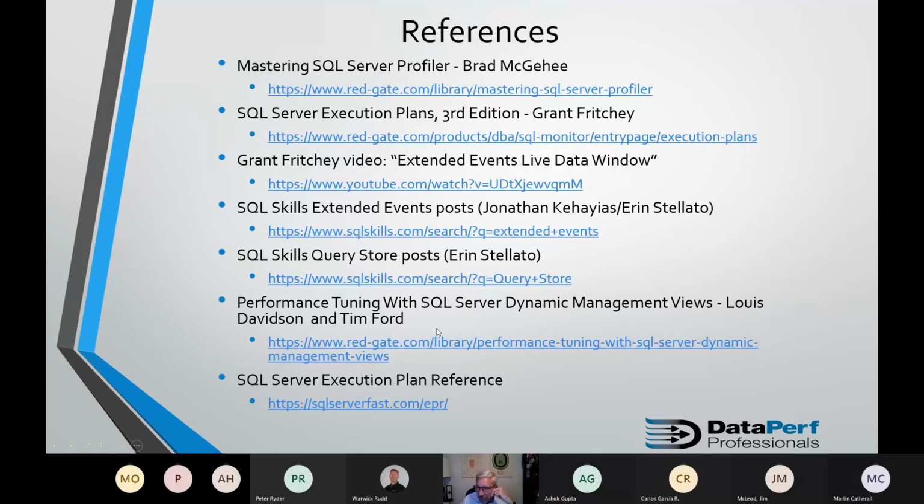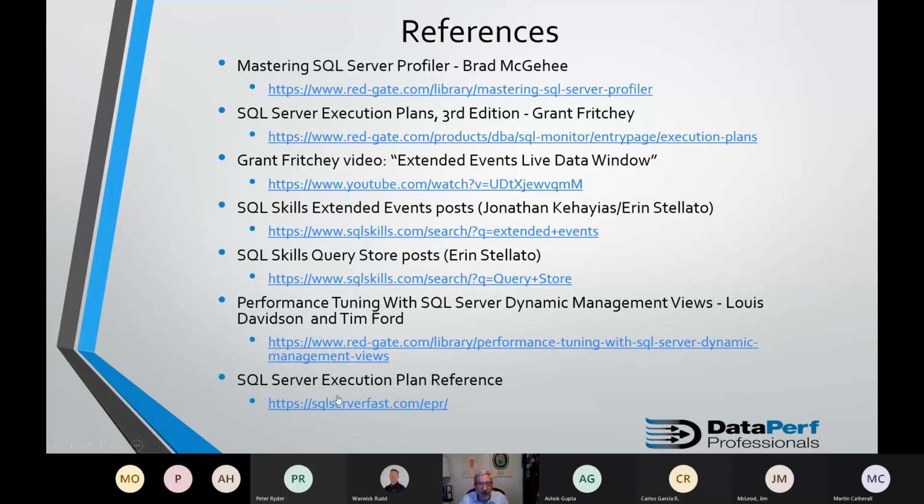Louis Davidson and Tim Ford's book, Performance Tuning with SQL Server Dynamic Management Views. It's actually views and functions, but download the scripts, because there may be some tweaking you'll want to do to some of those queries to get back the data that is most suitable to your needs.